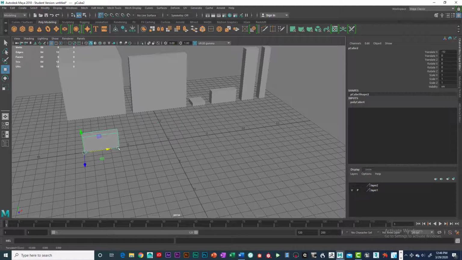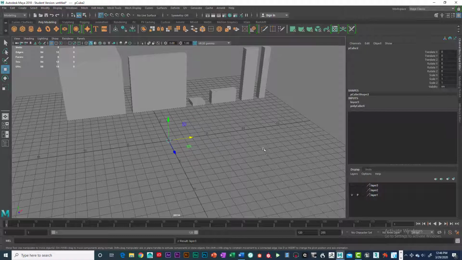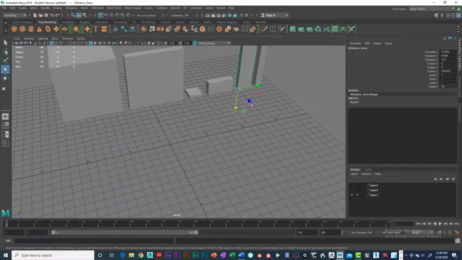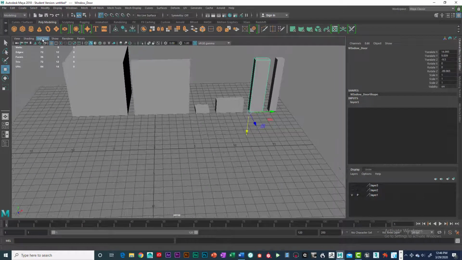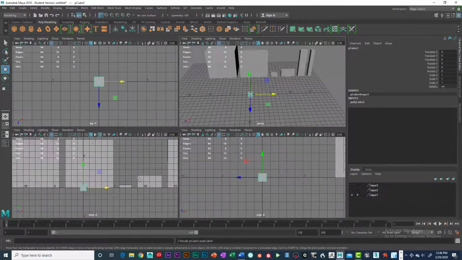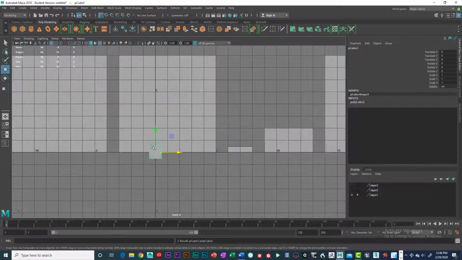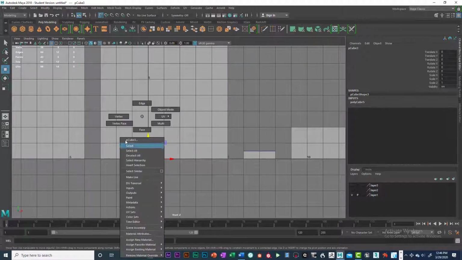Alright, so I'll move that to the side or put it in a layer. So I'll put that in a layer. That's the window. And then the doorway, so the door piece. Basically going to create another, continue the same process, okay. And yes, you can probably take pieces that you created and duplicate them to create things faster. But I'm just going to follow this